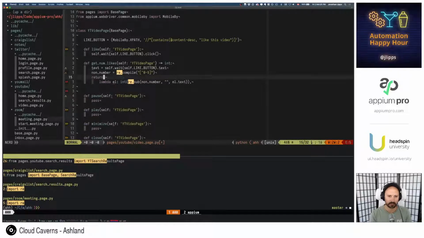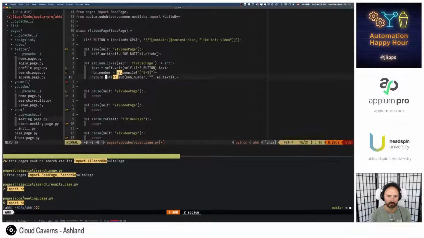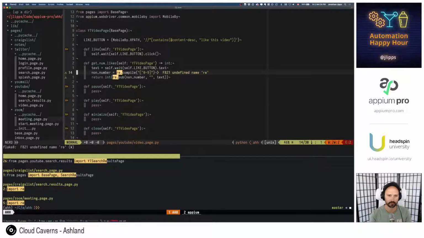And what we want to do is return the integer version of the substitution of any non-number with nothing in that text. Sweet. We'll rename this variable to like text just so it's a little more clear.